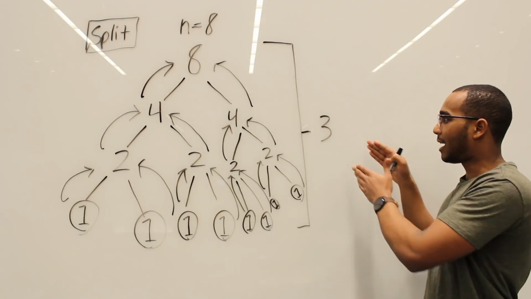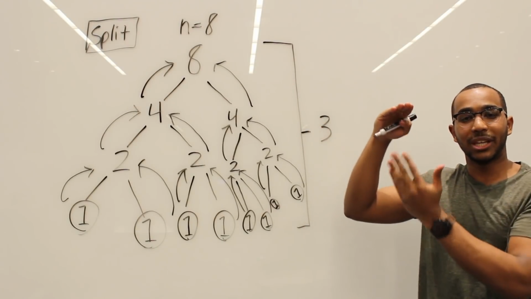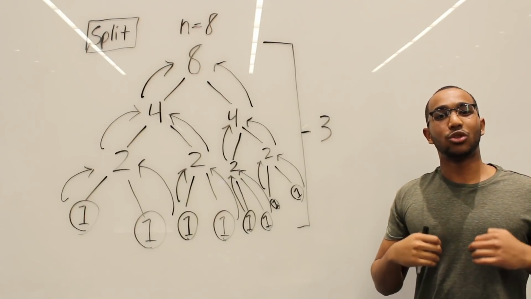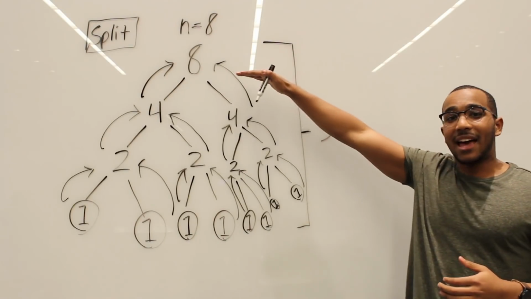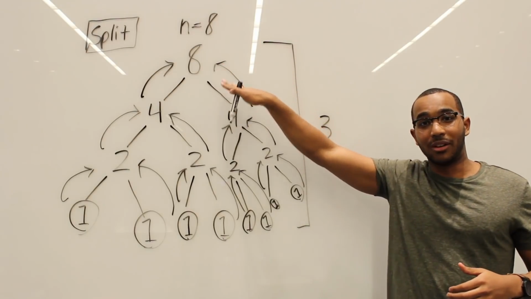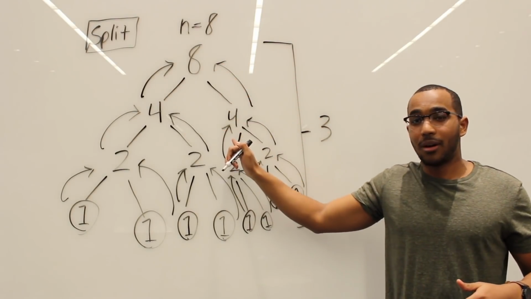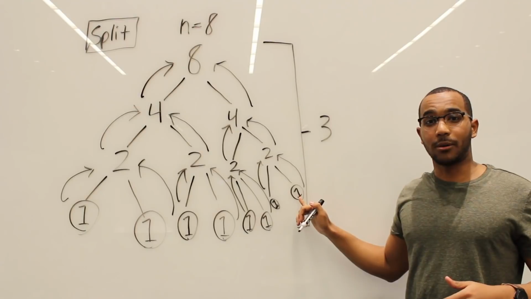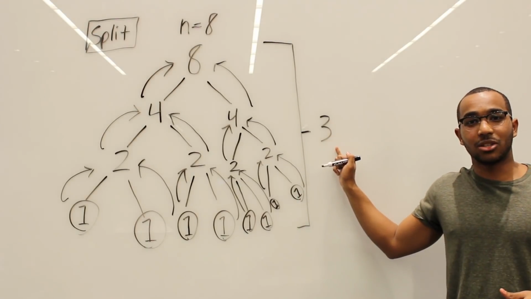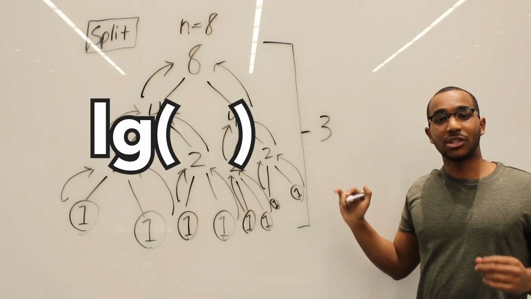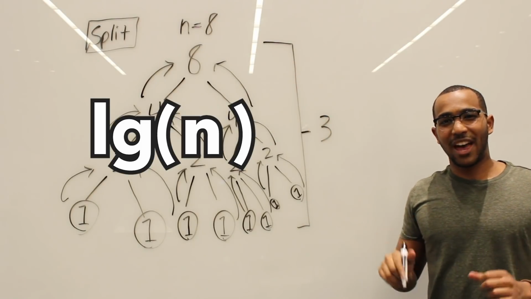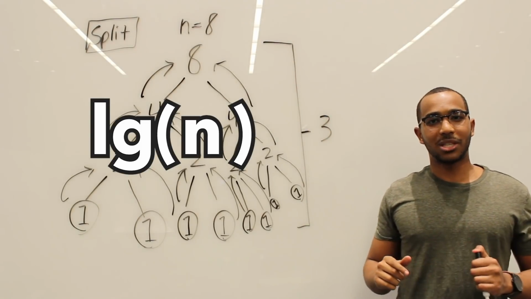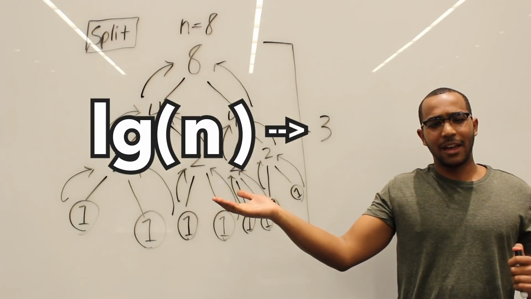So how do I turn this, the amount of splittings, how do I turn that into a function of n? This is where logarithms take hold. We see that we're cutting in half every one of these steps. 8 becomes 4, 4 becomes 2, 2 becomes 1. So what we can re-express this 3 as is just log base 2 of 8, our input size, which is log of n. So do you see how this is slowly coming together? We have log of n.